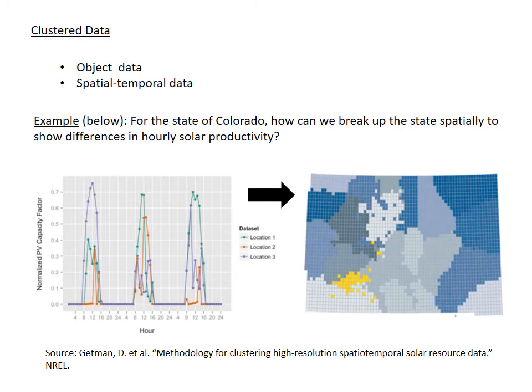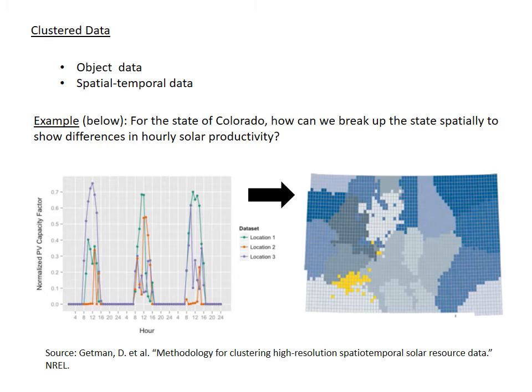So this is sort of time series clustering. You want to group. So here on the left-hand side, we have 3 different locations, and each location has a different signal about what solar availability looks like. And you could imagine that if we had a signal like this for a lot of different locations throughout Colorado, we could cluster. We could write an algorithm that groups all the different areas together that have a signal that looks roughly the same,